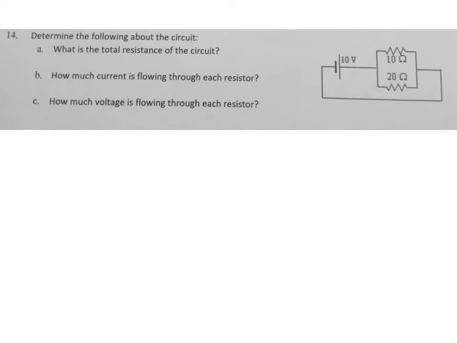Hey guys, this is question number 14 on your study guide. You have a parallel circuit here, and we're going to find the total resistance and then the current and voltage through each resistor. So to find your total resistance, you're going to use the parallel resistance formula, which is Rp